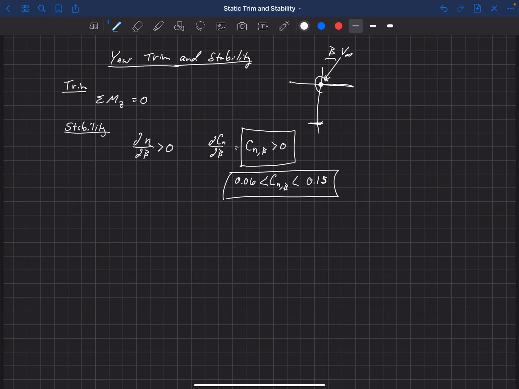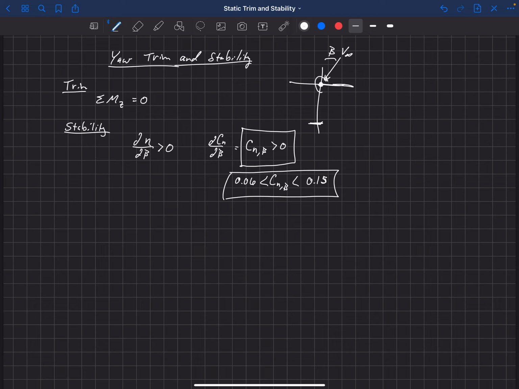And so I would guess that that's a pretty good estimate of what you want your yaw stability derivative to be. Similar to a static margin from our pitch stability analysis, where we wanted that to be about 5%. That, of course, is just a rule of thumb, and this is also just a rule of thumb. You really want to do more analysis, including more of the dynamics of the aircraft, to really settle on a good number. But in the initial stages of design, this is a decent place to start.